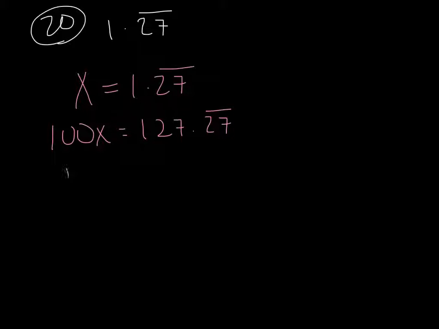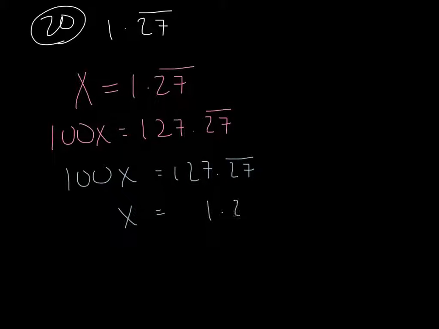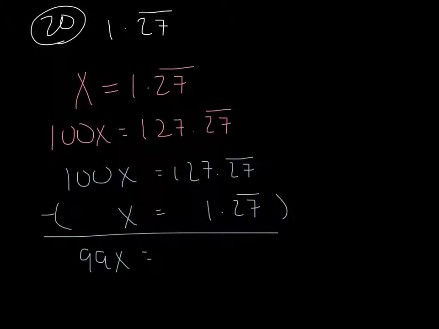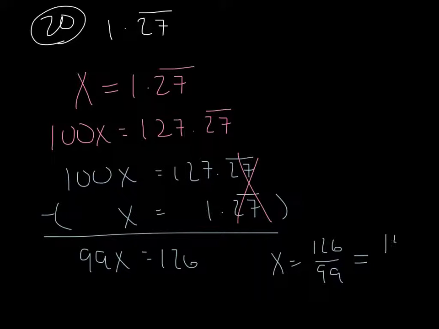So now I take those two things, 100x, which is equal to 127.27 repeating, x, which is equal to 1.27 repeating, and I do my subtraction here, so I get 99x, okay, 0.27 repeating cancels, 127 minus 1 is 126, so I get x is equal to 126 over 99, or if I reduce that, I get x is equal to 14 over 11,